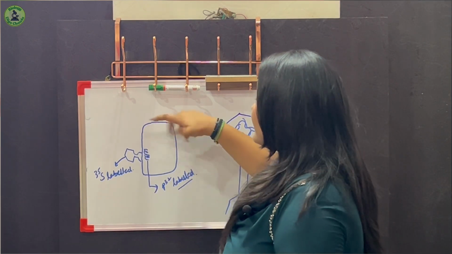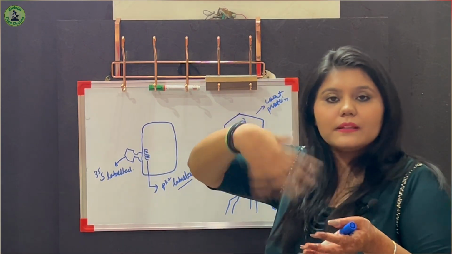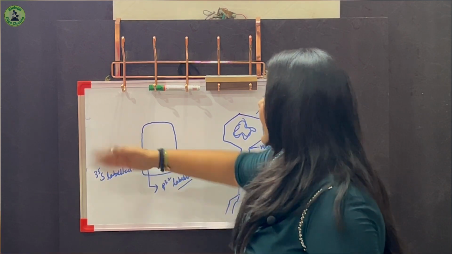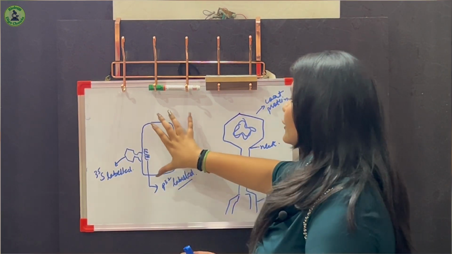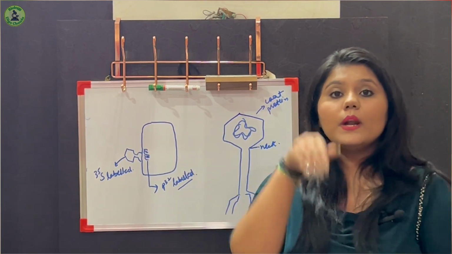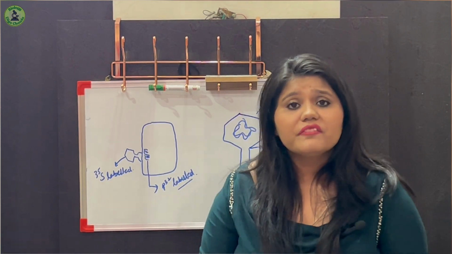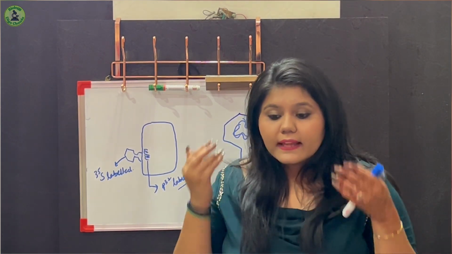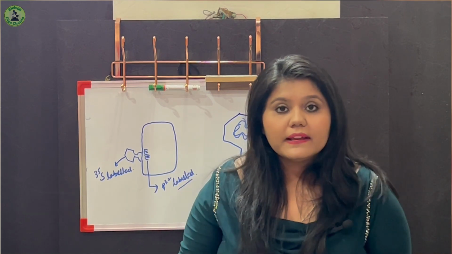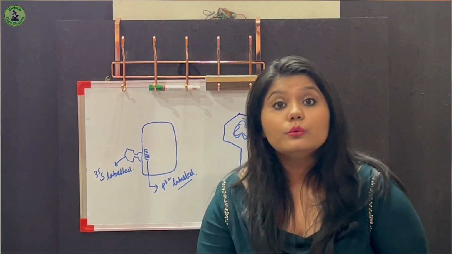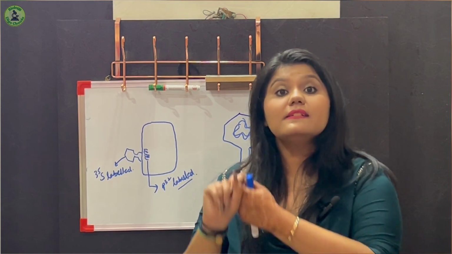So then they used the blender. By slightly blending the mixture, these bacteriophages were detached from the bacterial cells, and then they checked these bacterial cells: what went inside these bacterial cells, what was that molecule that went inside the bacterial cell. And then they saw by this radio labeling experiment that not S35 but P32 entered inside the bacterial cells,